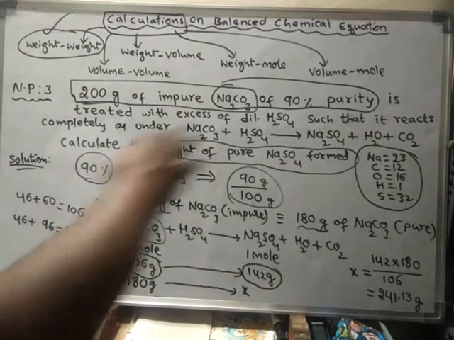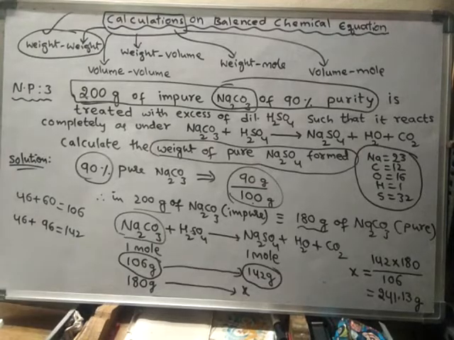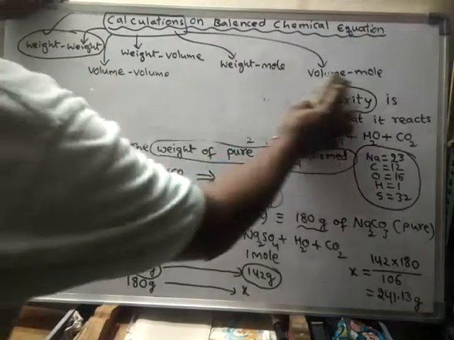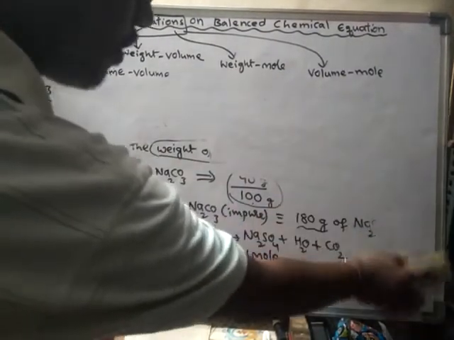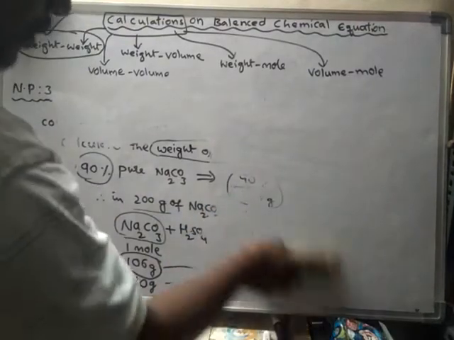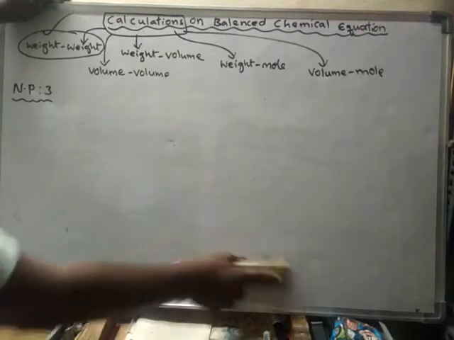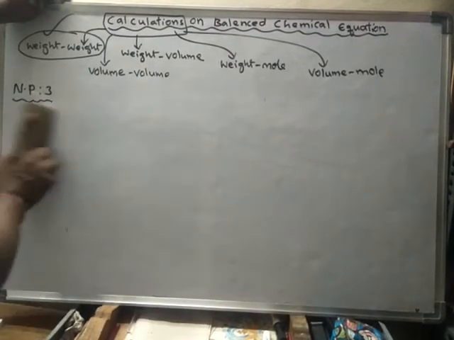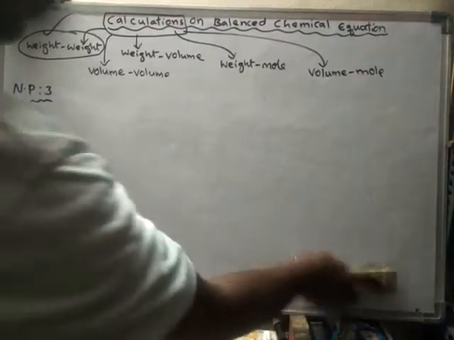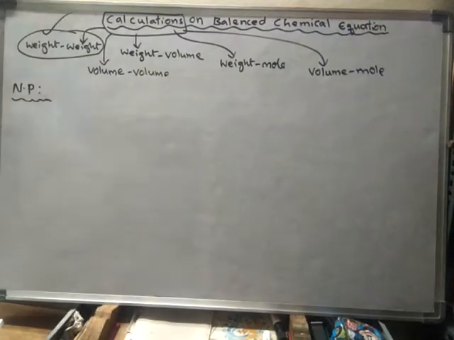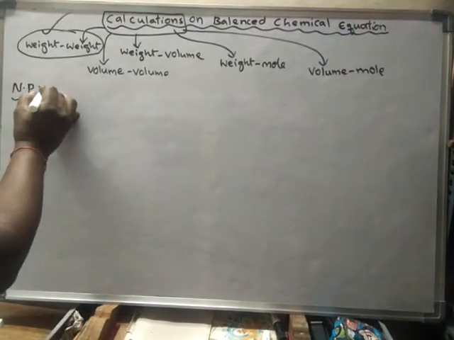Based on this numerical problem, some practice problems are given in the textbook, so we have to solve those practice problems. Next we will solve the fourth numerical problem. All these numerical problems are of different models, so we have to solve all of them. After that we solve the practice problems, then we'll get sufficient knowledge. So now we'll learn how to solve numerical problem 4.